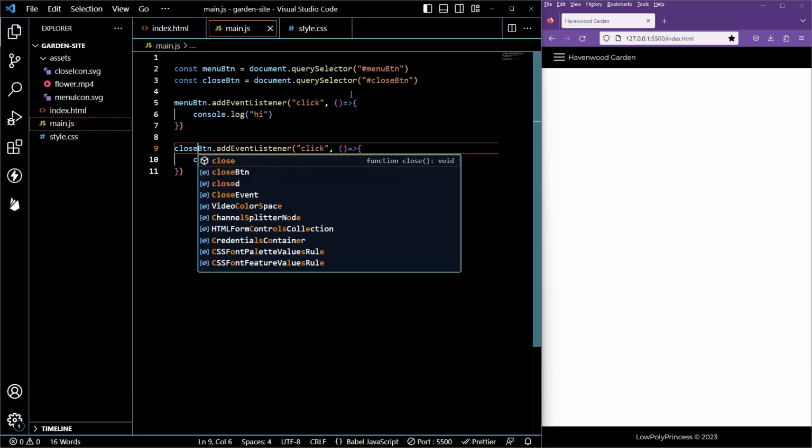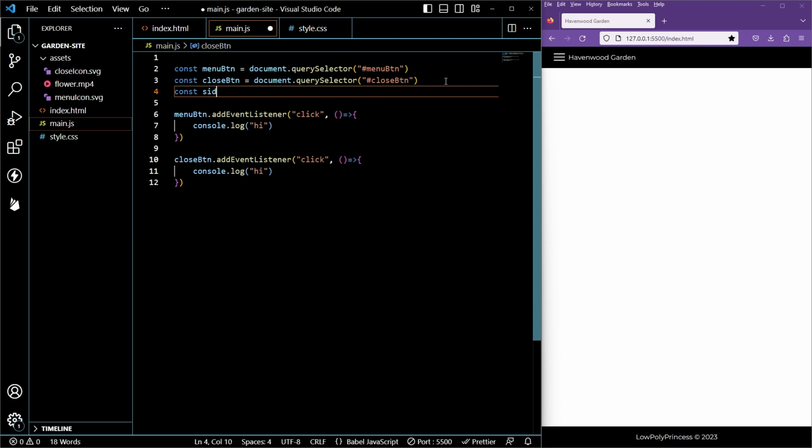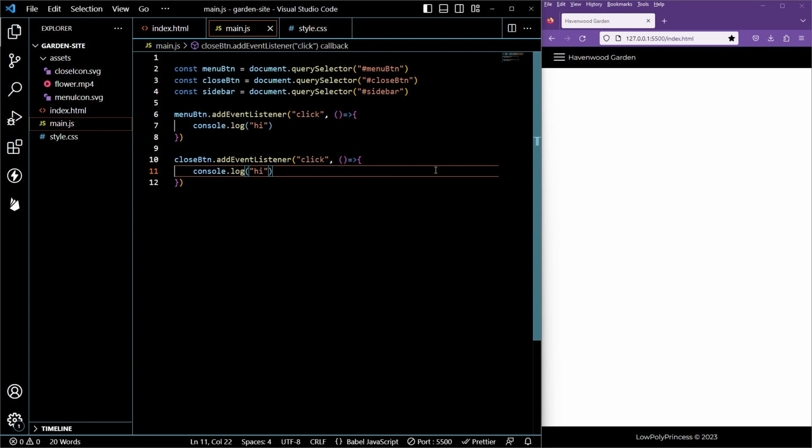So now we're going to need to adjust the styles and visibilities. So let's go ahead and get our sidebar. We're going to create a variable called sidebar, and we're going to set it equal to document query selector of the ID sidebar. All right, so when we click on the menu button, we want the sidebar to have a display style of block. So let's go ahead and delete this console log, and we'll say